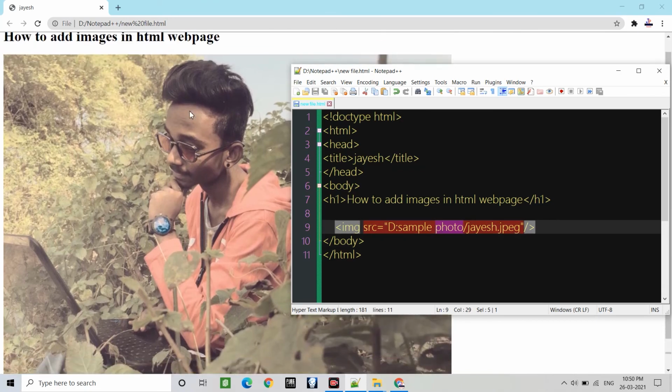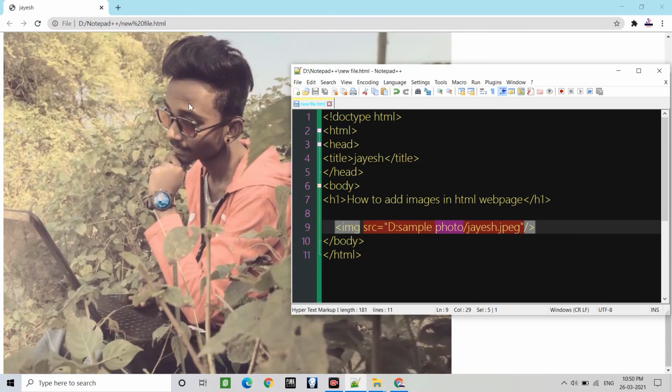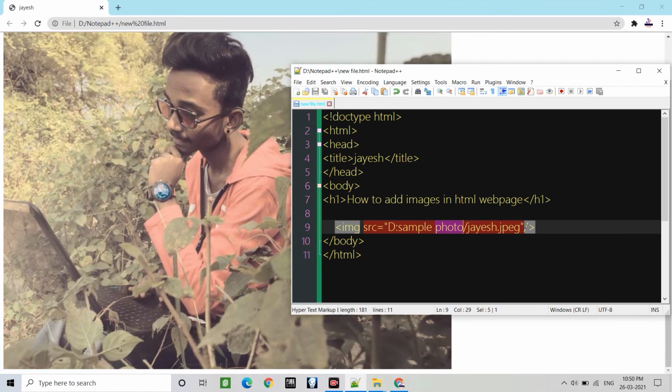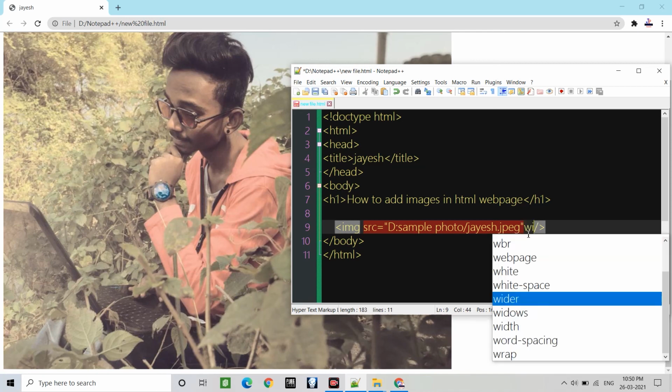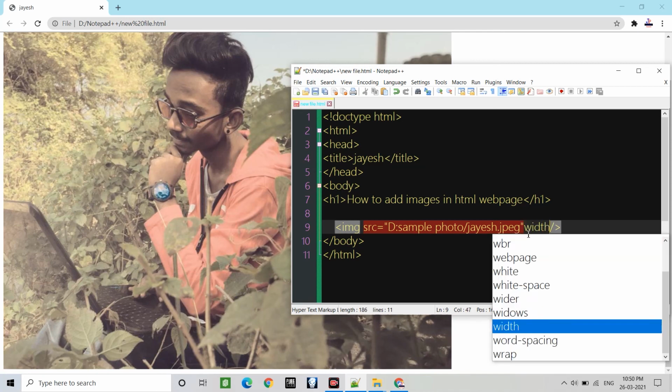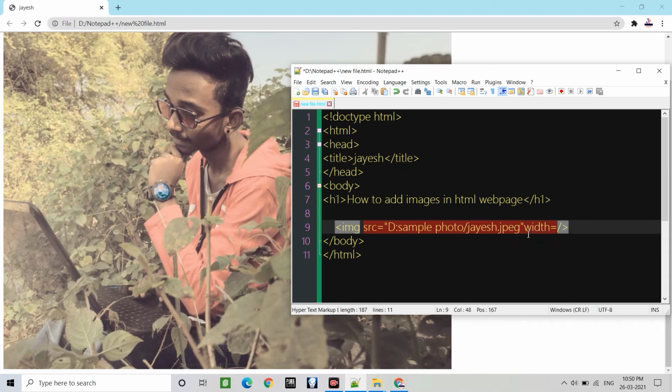And as you can see our image has more pixels. The big image is pasted here, and I'm going to add a little bit smaller image.